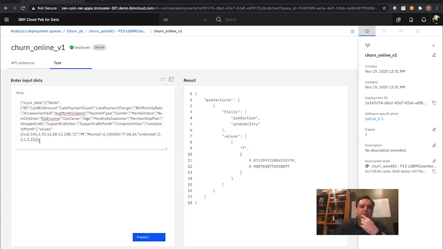So with those attributes, you can quickly see how this person is likely to churn, and he has a 98.9% chance to actually churn. All right, so